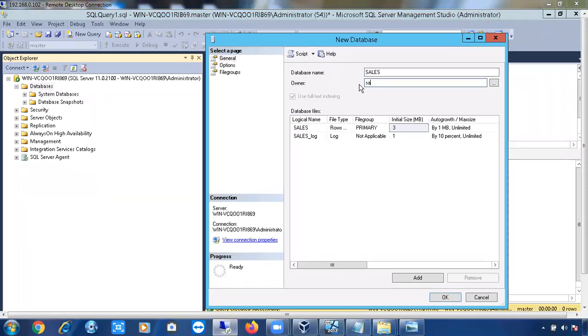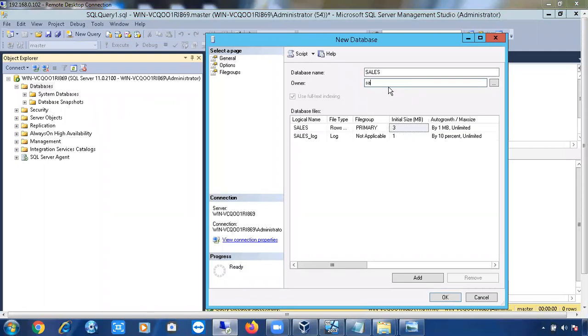Someone said an answer, but they are not confident. Administrator. Okay, with which account am I doing all these things? With the administrator account I am doing all these things. So I am creating the database as administrator. So who will be the owner of the database? Computer name slash administrator will be the owner. In this way you can easily identify who is the owner of the database.